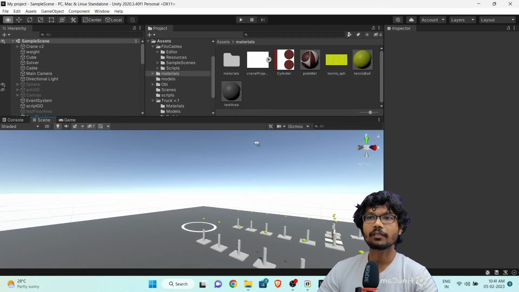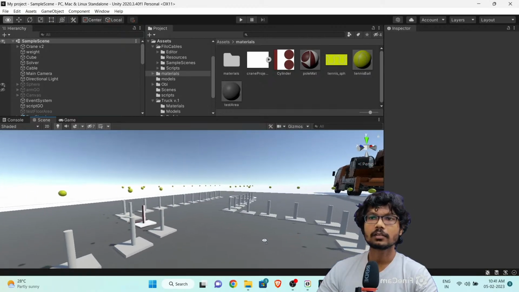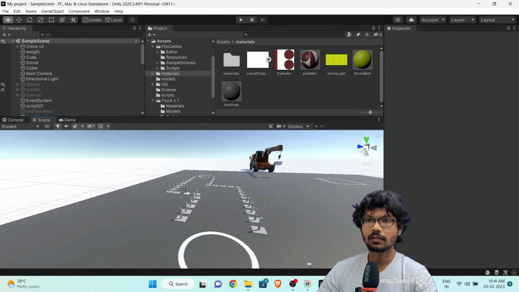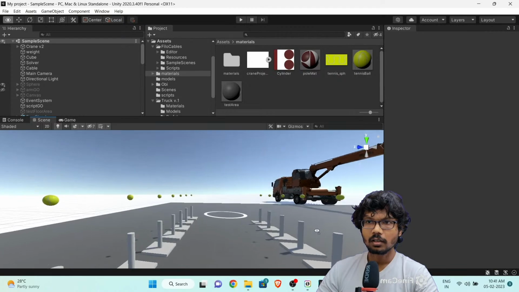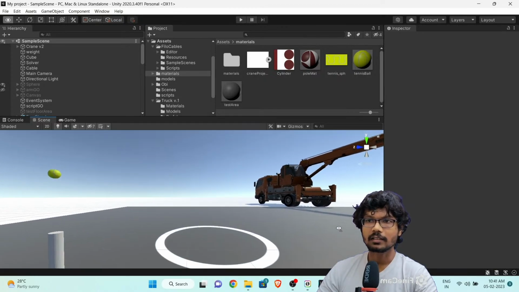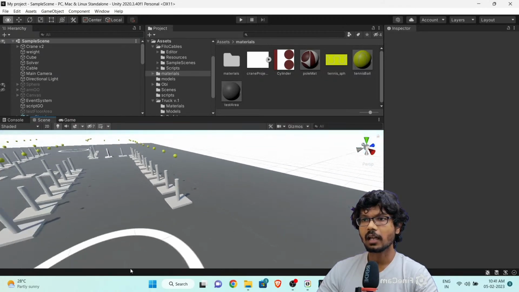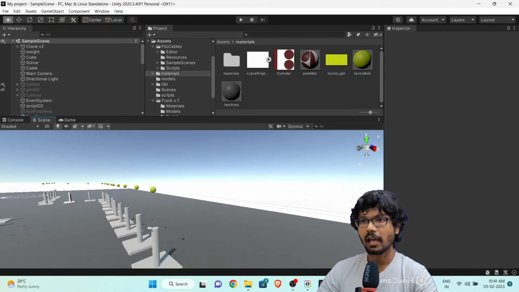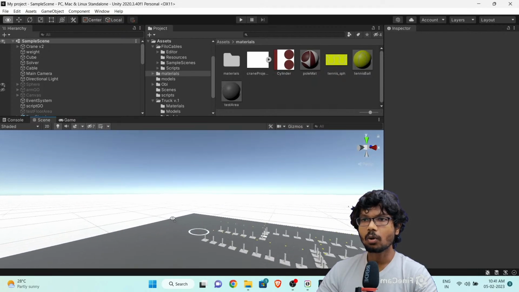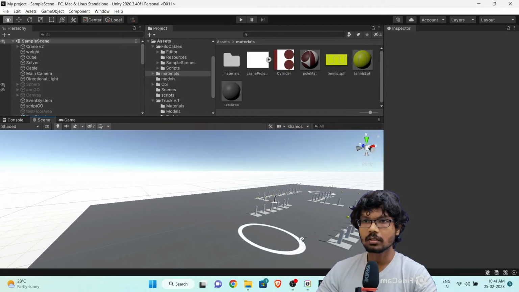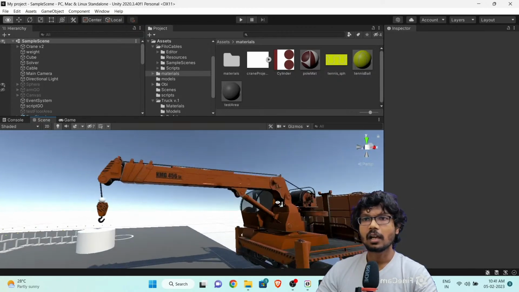Then what we have here is the starting point circle. The idea is to pick the weight from here and navigate it through this. You can call them entrapments, and then you drop it here. These are called poles and they basically have a tennis ball sitting on top. The idea is to see how accurately you can move this weight without touching any of this, because trust me, when I